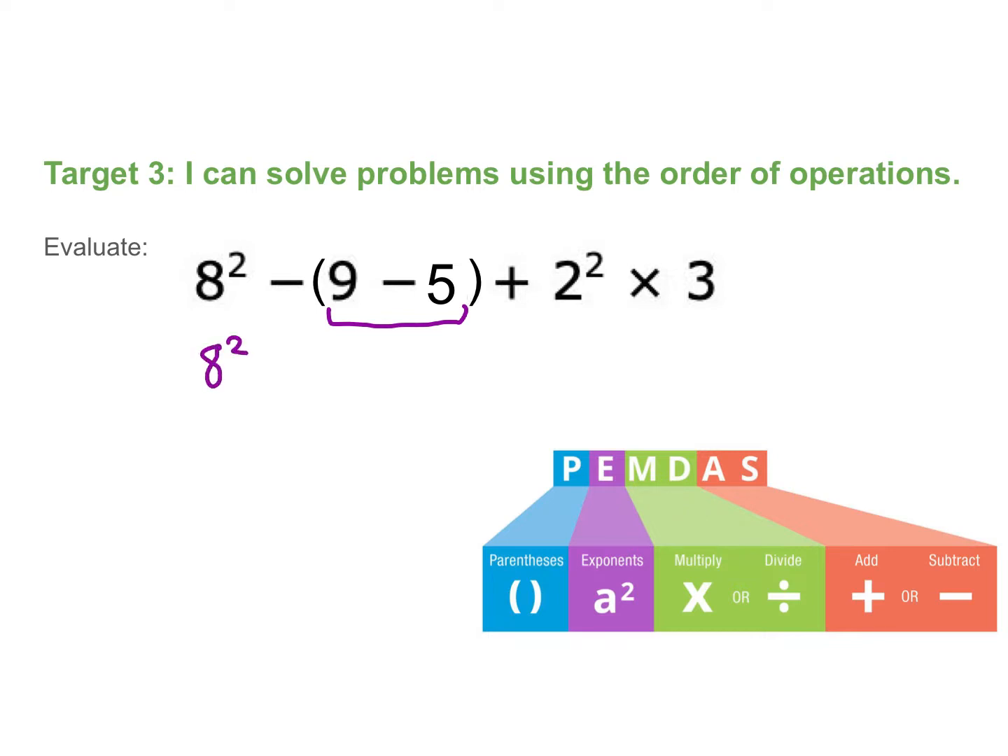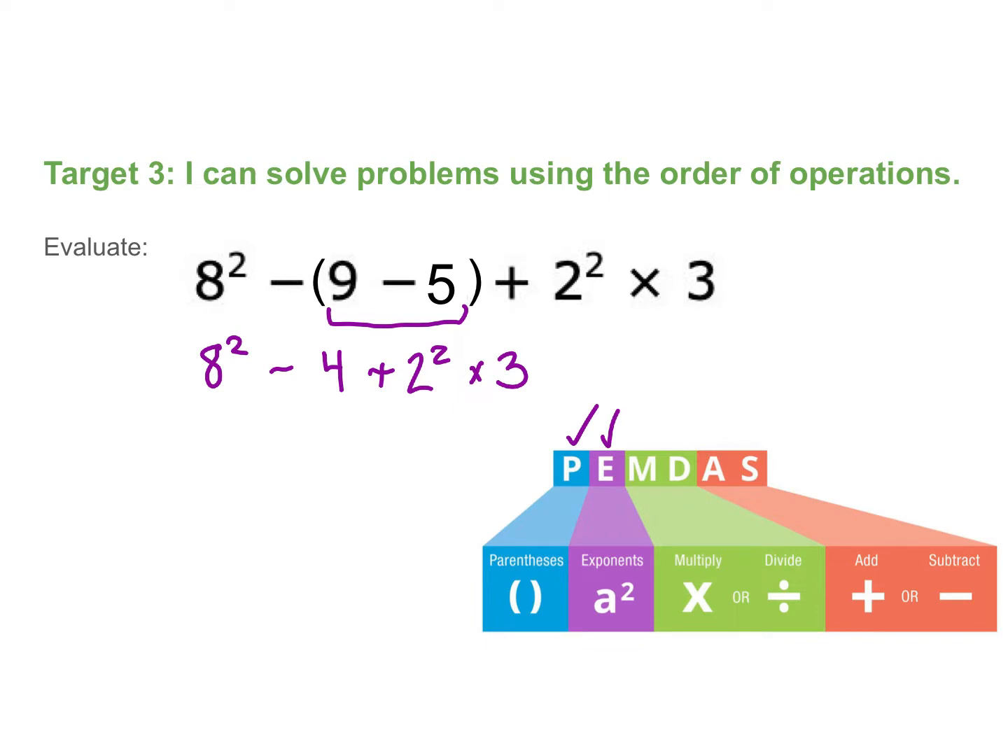8 squared minus, now I can take the parentheses away once I have the number, 4 plus 2 squared times 3. I am done with all the parentheses, but I have 2 sets of exponents. Now, technically, it's not going to change your problem